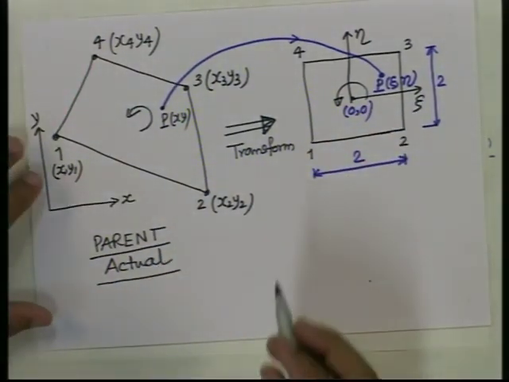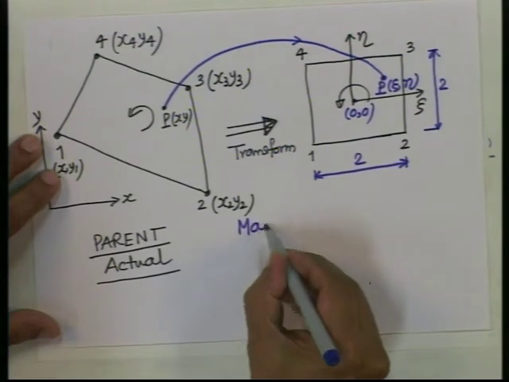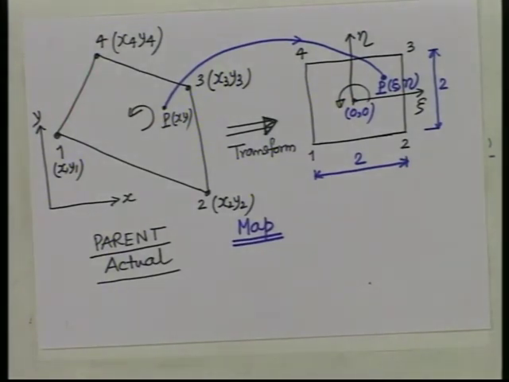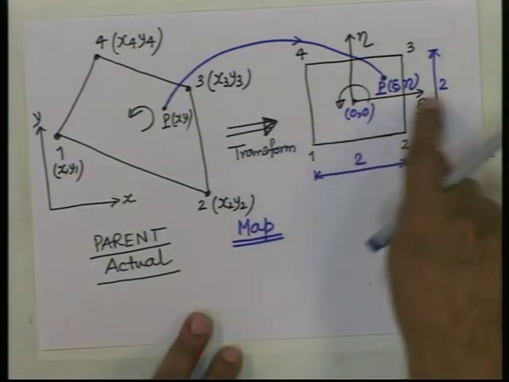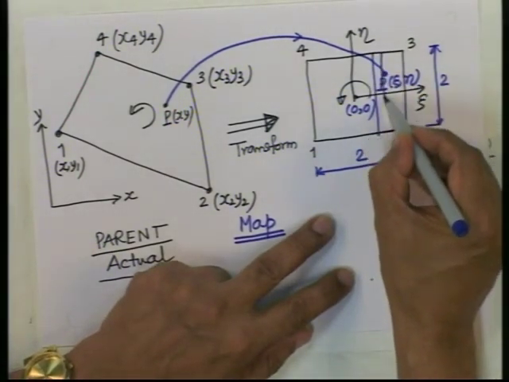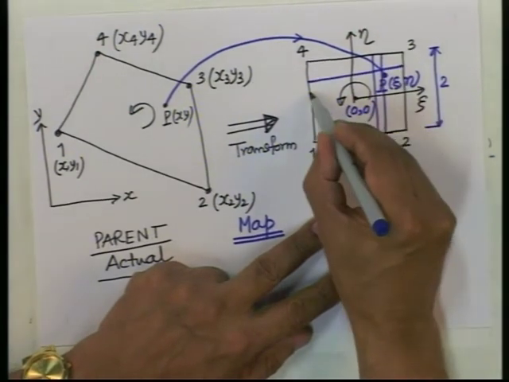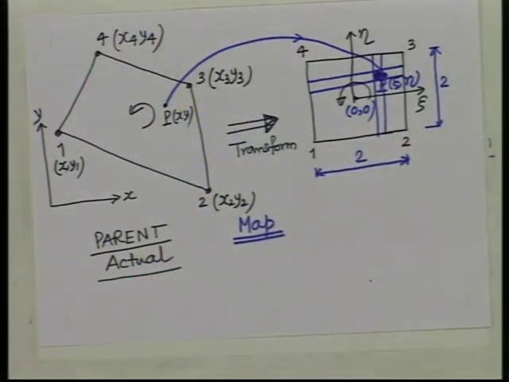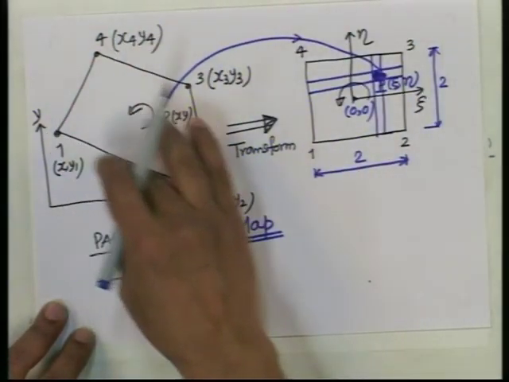and so we map this. This process is called mapping. The original element is mapped into a fictitious or unreal element, but then all computations will be done here, because why is it easier here? Because it has got parallel lines. I can do the integration and everything very nicely here. I can take a small d psi d eta, move it and then do the integration over the area. So, if you have done integration over the area here, it is equivalent to doing it over here.